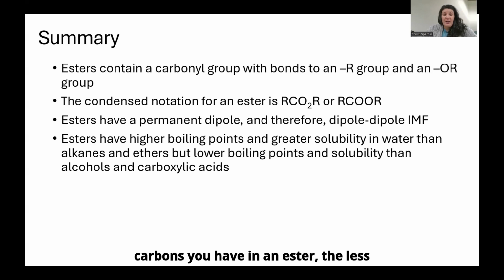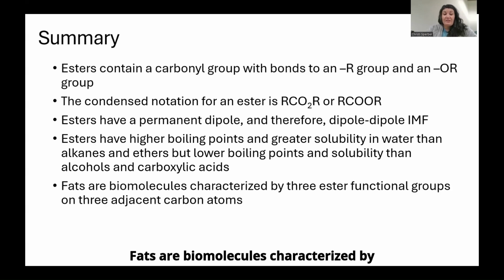The more carbons you have in an ester, the less soluble it will be in water, and the more nonpolar it will be. Fats are biomolecules characterized by 3 ester functional